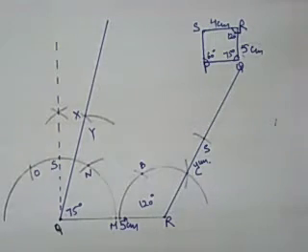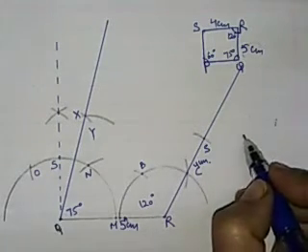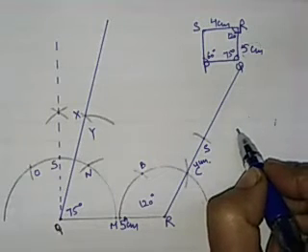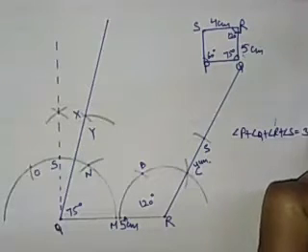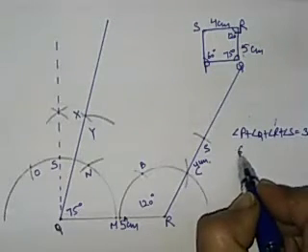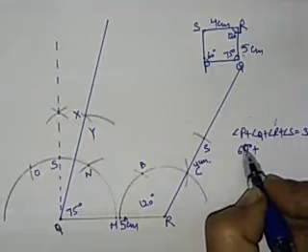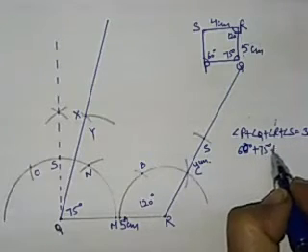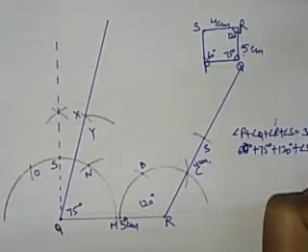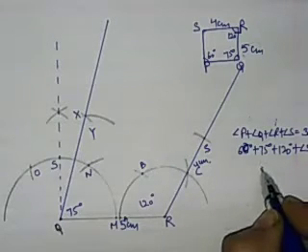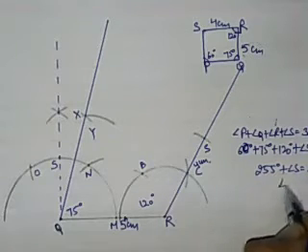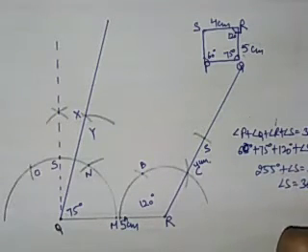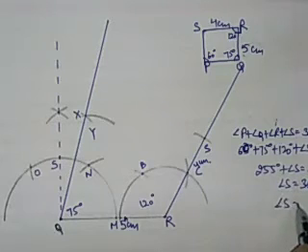constructing this angle. For this I can use the angle sum property of a quadrilateral, which is angle P plus angle Q plus angle R plus angle S equals 360 degrees. After adding 60 degrees, 75 degrees and 120 degrees, we get 255, plus angle S. So angle S is 360 minus 255. So my angle S will become 105 degrees.